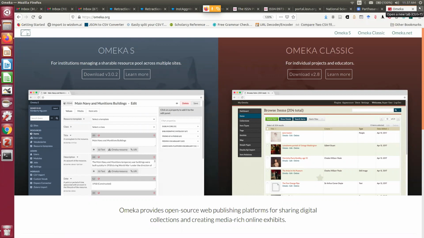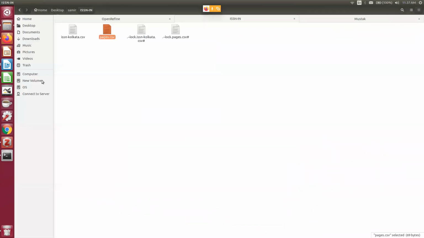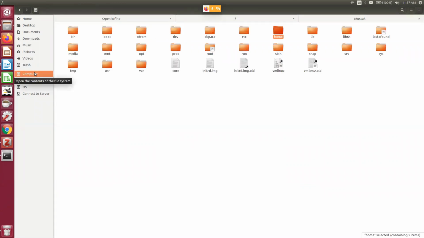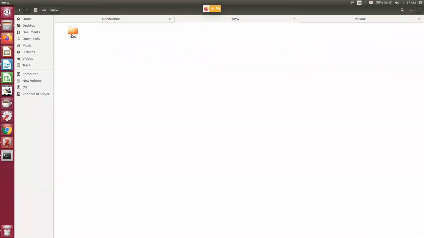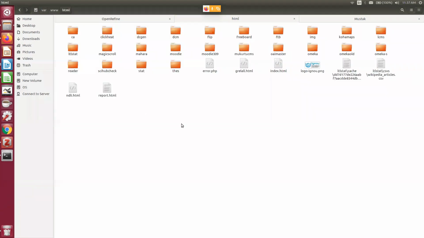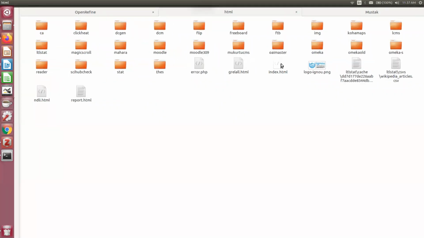Now you can see here, in my case, from which to which folder you need to place this. After downloading Omeka, you unzip it, then go to var, then under var www, under www html, then you place this particular folder.